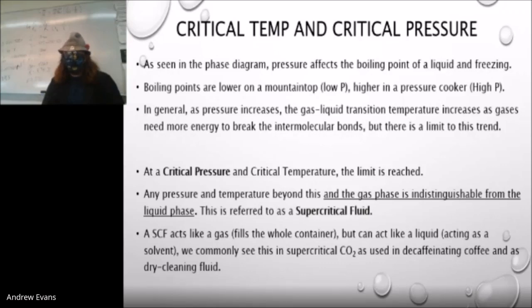Well, what do we know about most liquids? They're usually contained within a volume, and they dissolve other things by hydration or solvation. Well, a supercritical fluid is essentially a gas that has the ability to solvate molecules, a gas that can essentially dissolve things. It fills the whole container, it dissolves things, and